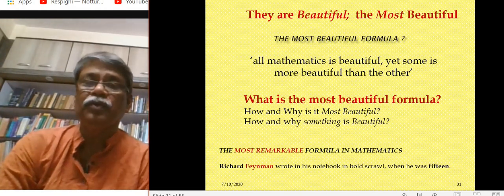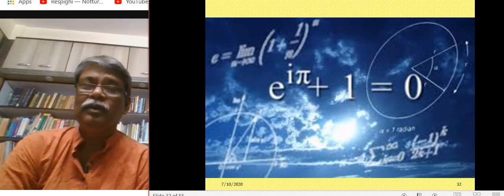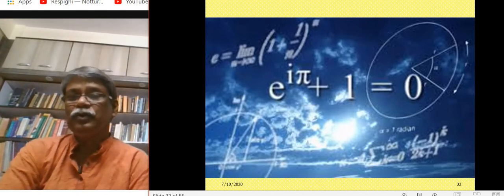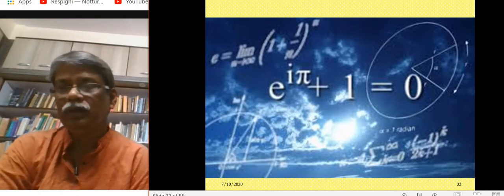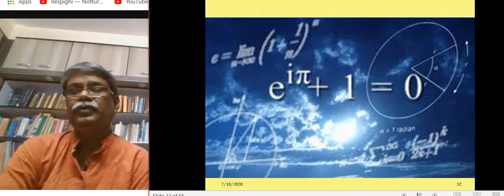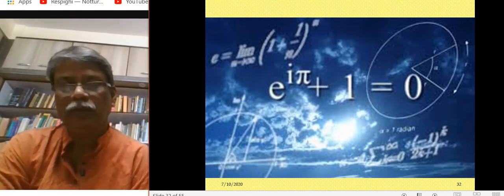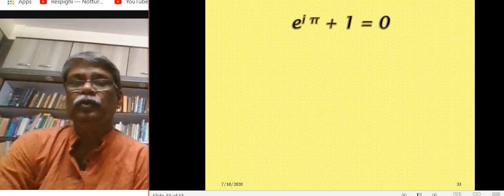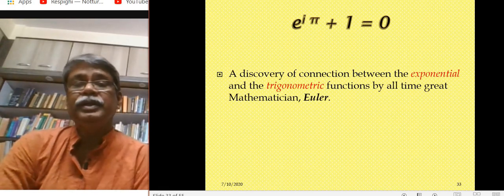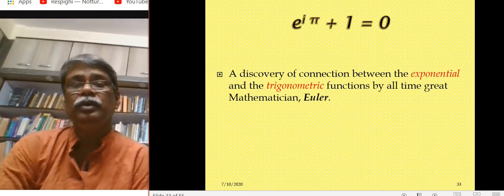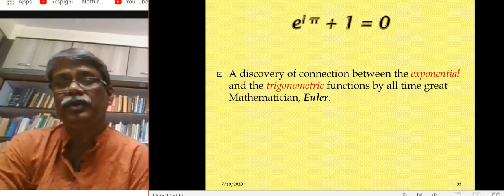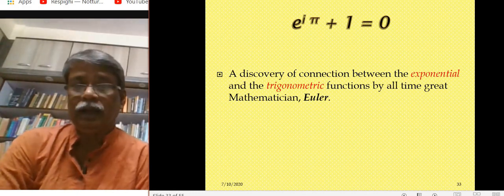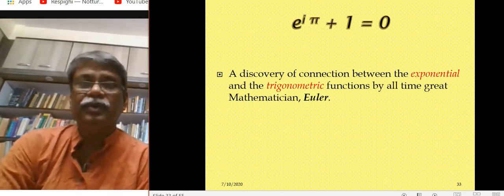So what is the most beautiful formula? As you know, e to the power i pi plus 1 equals 0 is referred to as the most beautiful formula, right? e to the power i pi plus 1. It's a discovery of the connection between the exponential and the trigonometric functions by none other than the great mathematician Euler,